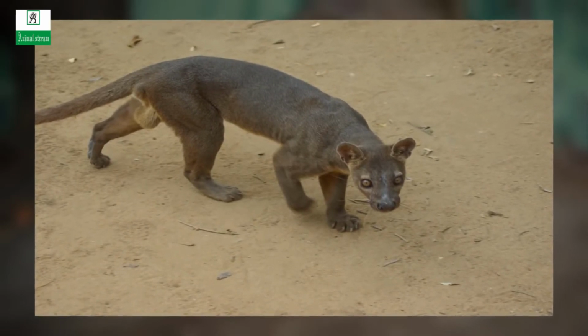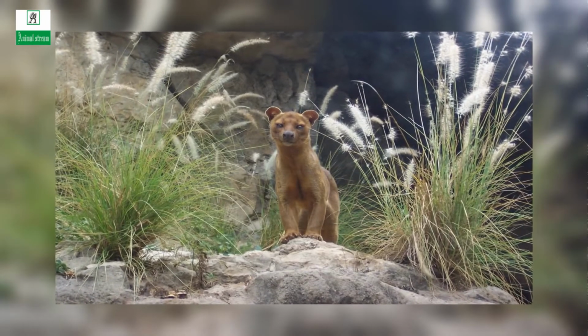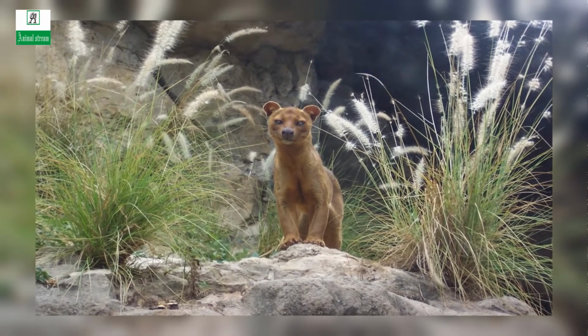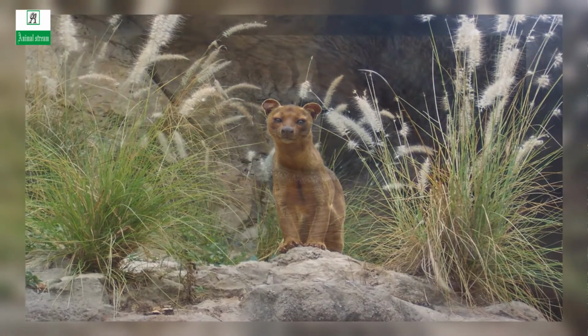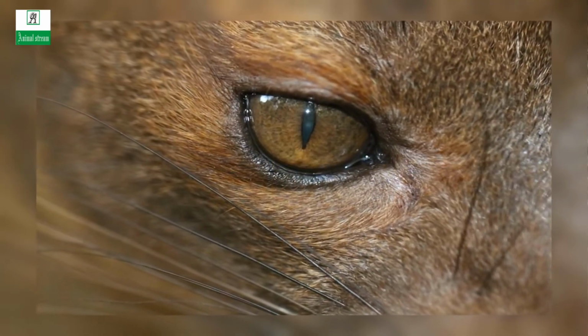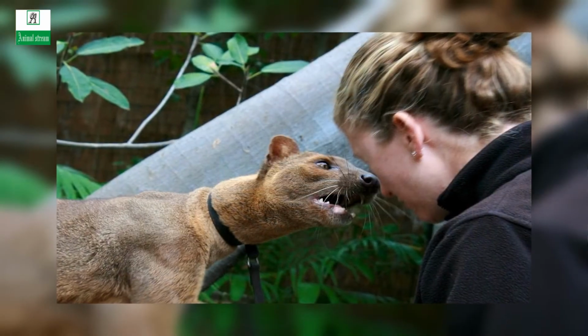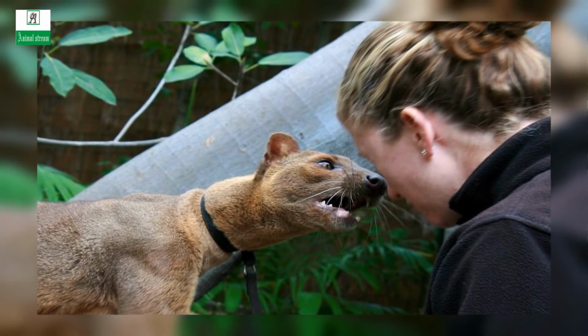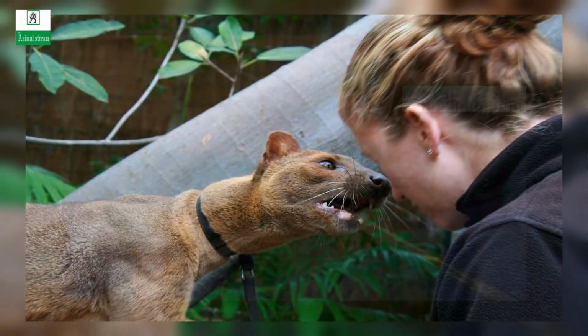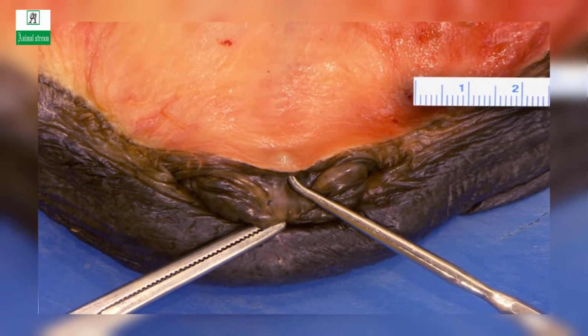Female fossas are temporarily masculine. The female fossa undergoes a strange developmental stage during adolescence known as transient masculinization, unique to fossas. She develops an enlarged, spiky clitoris that resembles the male's penis and secretes an orange substance on her underbelly, which is usually only